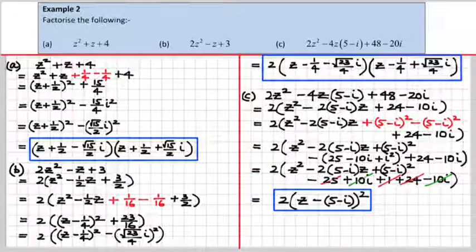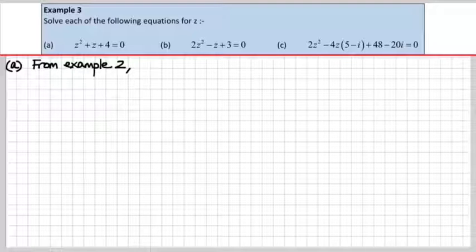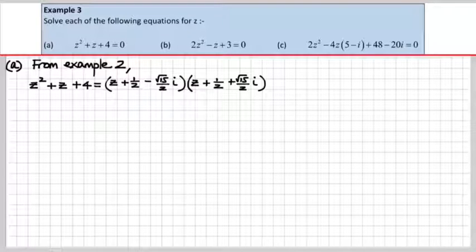Alright, very exciting. Now in this example 3, I'm solving each of the following equations for z, where I've set the 3 previous screen polynomials equal to 0. So okay, we're just going to test out the conjugate root theorem now and just hammer that home for you, okay? Okay, so in the first example A, we determined in the previous screen that would equal this in the